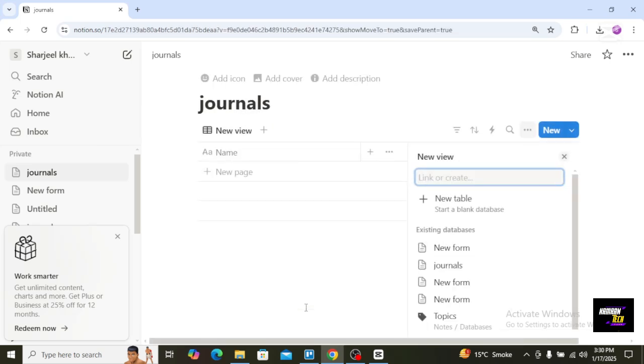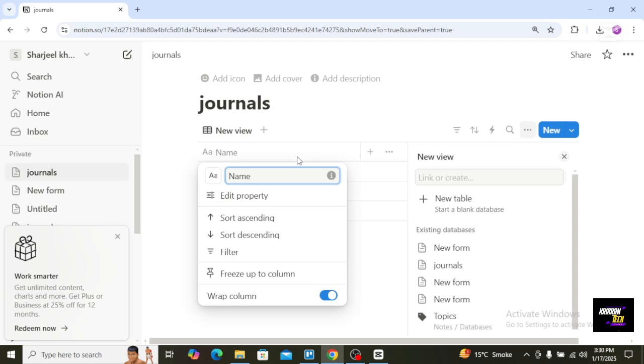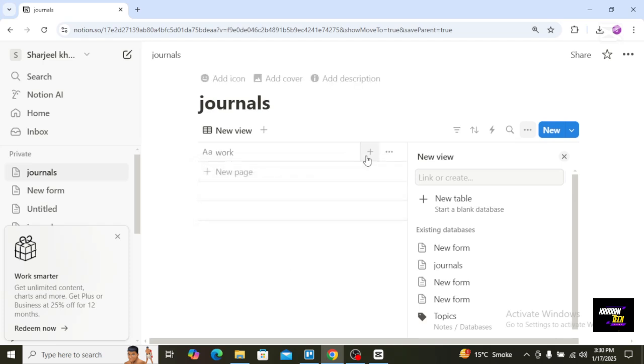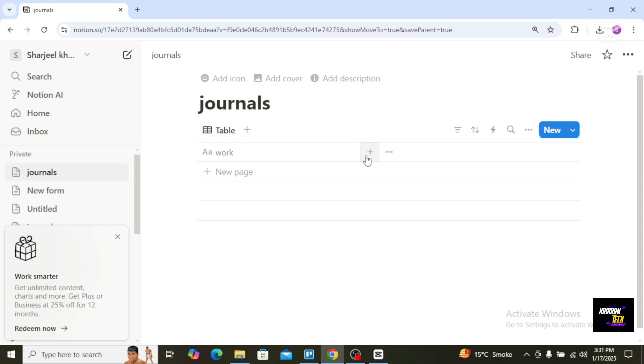So basically, databases in Notion allow you to categorize entries using tags like work, personal or ideas. You can search by date to sort entries. I will give this property the name Work, just tap enter,